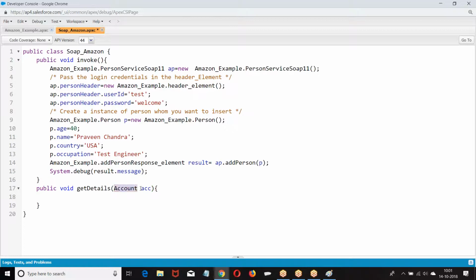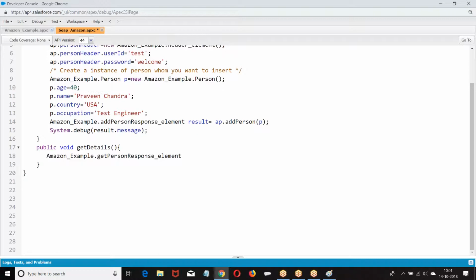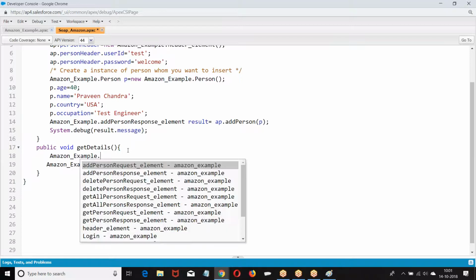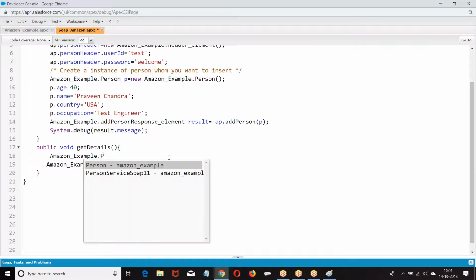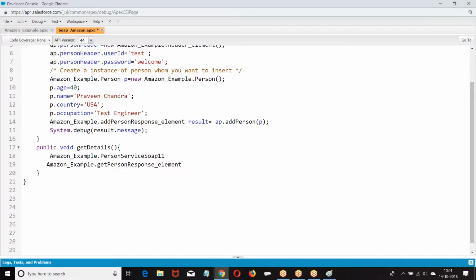Anybody has any query, stuck up, let me know, I can explain it again. If anybody is finding it difficult, let me know, I can explain again. Sir, on the header element part, we have the user credentials given there, like the password. So is it mandatory or is it basic?